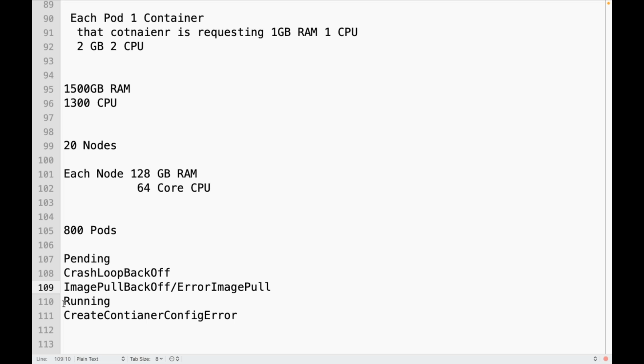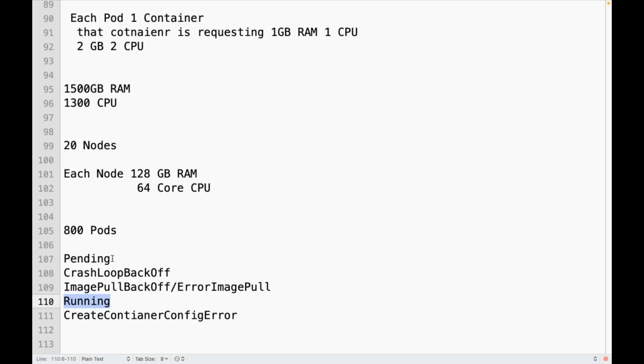If I see it in running state, then only can you consider that the pod is deployed successfully and the container in that pod is also running successfully.